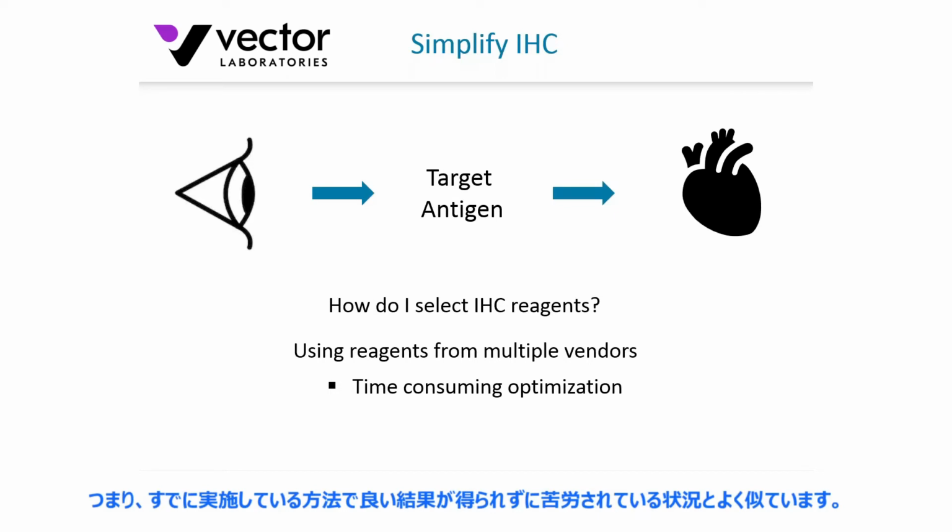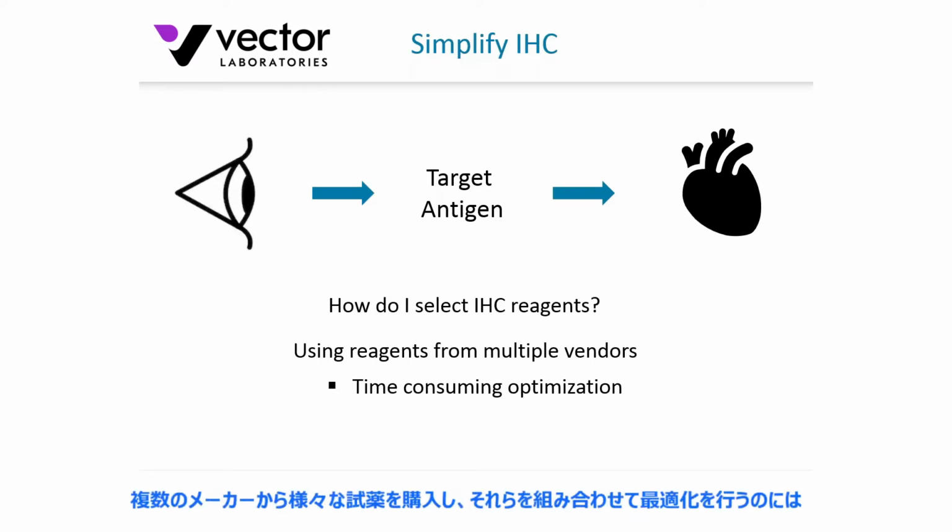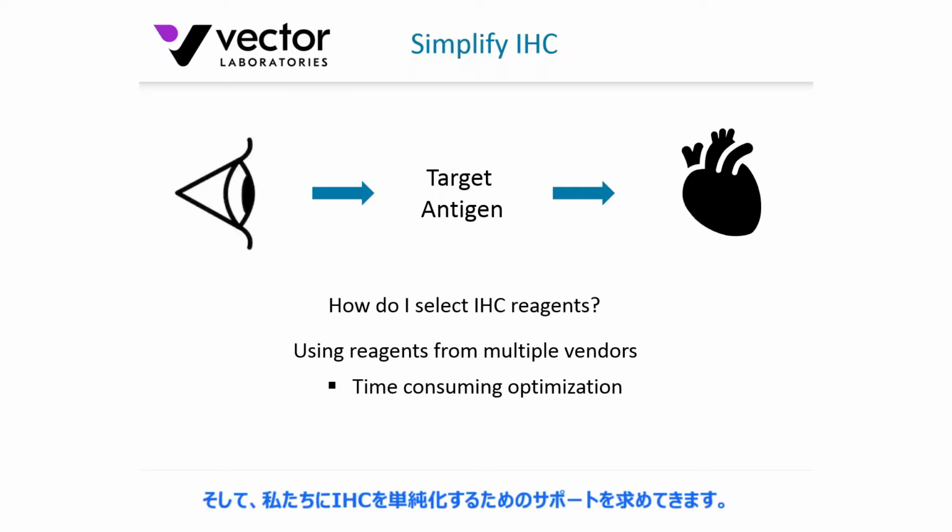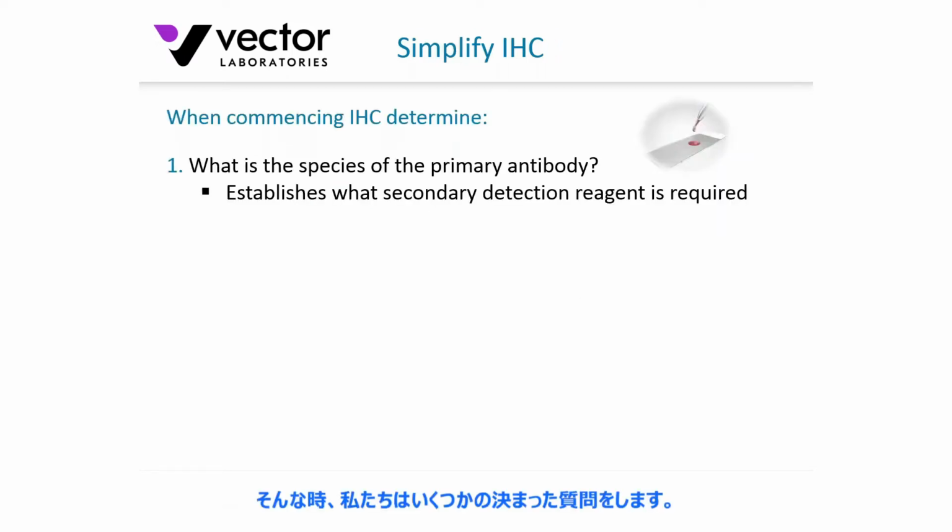This is also, in this given scenario, investigators who might be struggling with reproducibility or consistency with their existing methodology. Maybe they're a little frustrated in sourcing reagents from multiple vendors, trying to match reagents, and it's been a very time-consuming optimization process. So they do reach out to us and ask for help on how do I simplify my immunohistochemistry. Now, a couple of questions that we certainly ask at tech service. Number one, what's the species